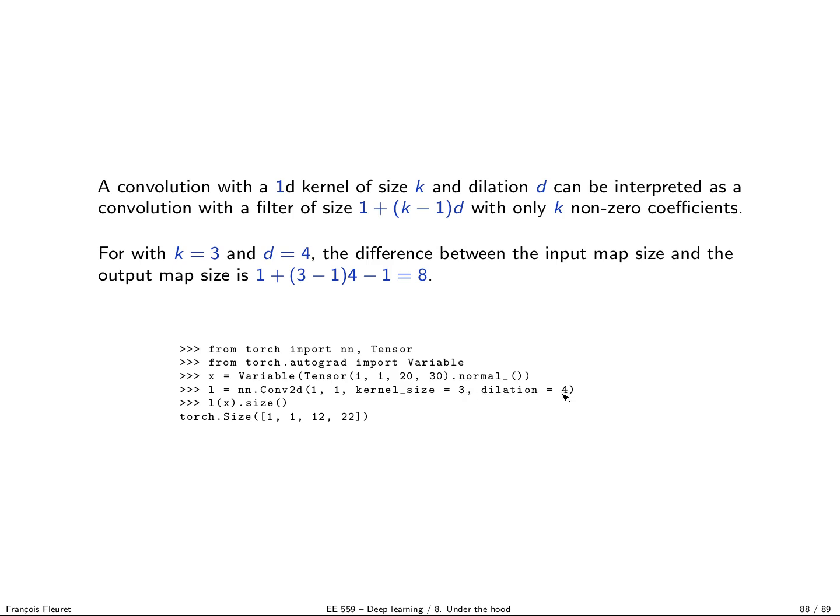So it's really one non-zero, 4 coefficients later, one non-zero, 4 coefficients later, one non-zero. So it's 4 plus 4 plus 1, a resulting kernel of size 9. And now if you take 20 minus 9 plus 1, you get 12, and 30 minus 9 plus 1 equals 22.